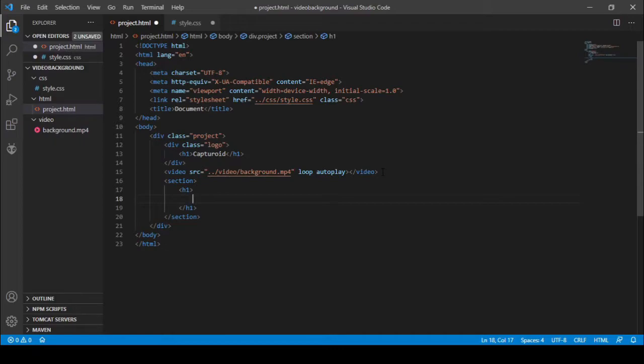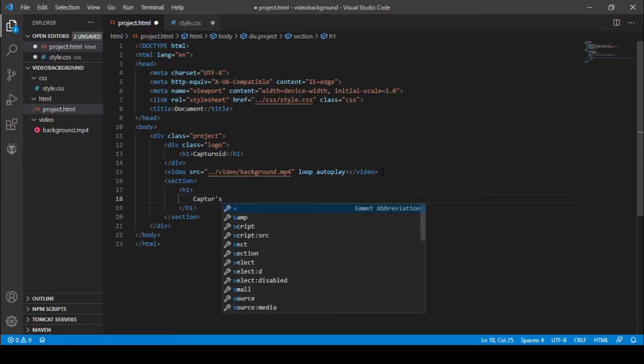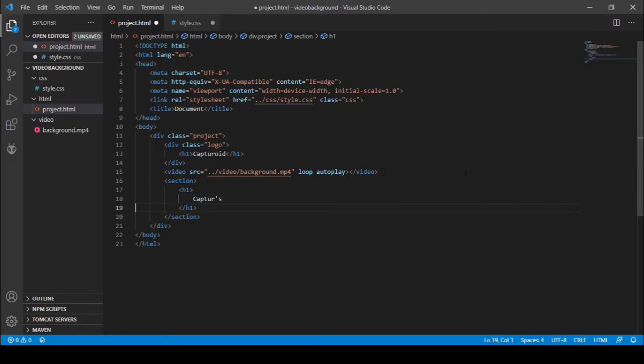So in the h1 I need the text Capture. So after h1 I need a paragraph tag, and in the paragraph